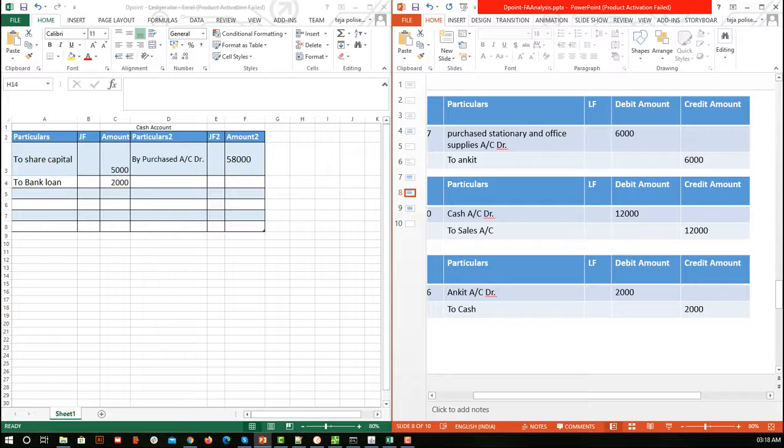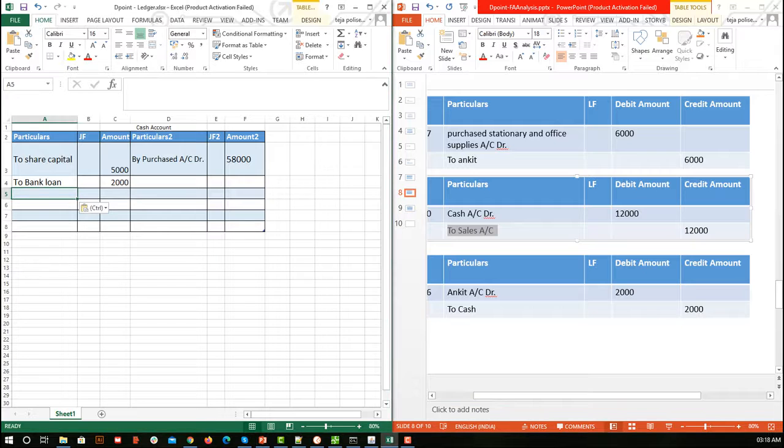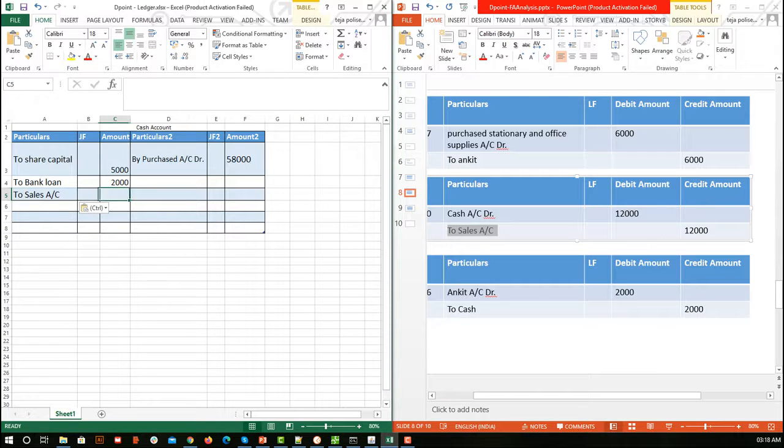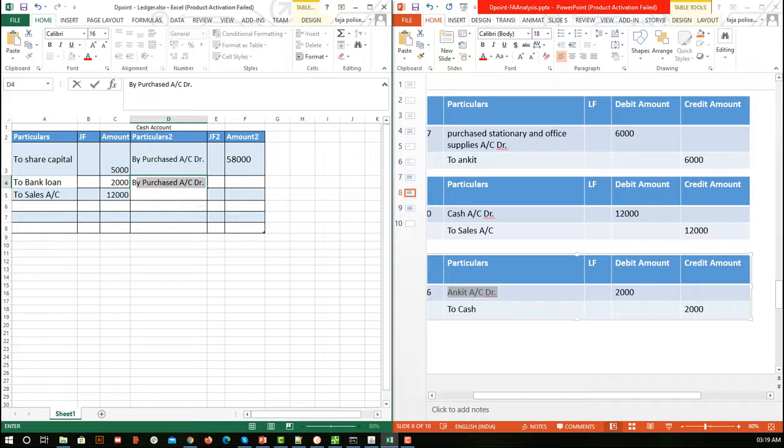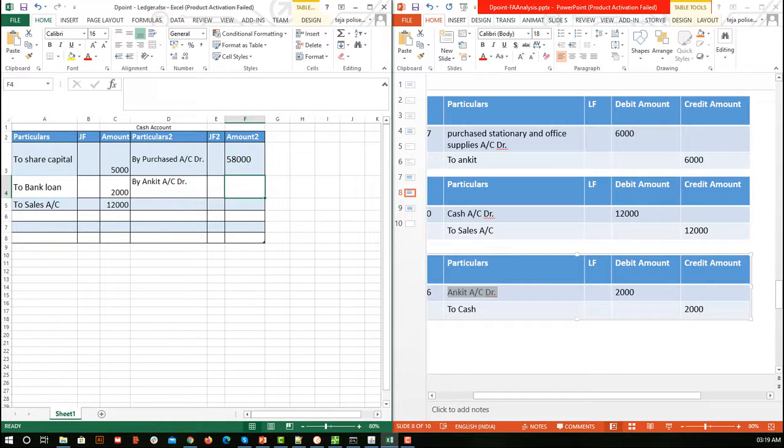Here we have cash account. No, so just leave it. Here we have cash account. Yes, so we are going to take the 2 account, and we are going to keep 2 account here, and we are going to write the amount 12,000. Okay, we are done with this transaction. Next we have in this transaction cash. Yes, so we have to focus on the DR account. So we'll copy this. We have to write buy and paste it. Okay, so what is the amount here? 2000.